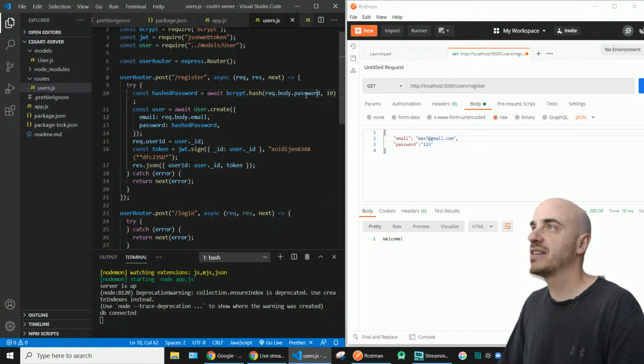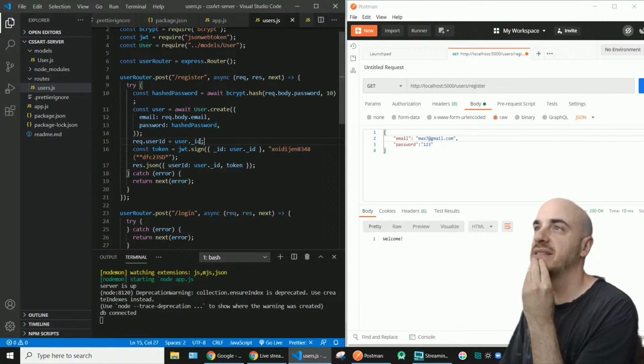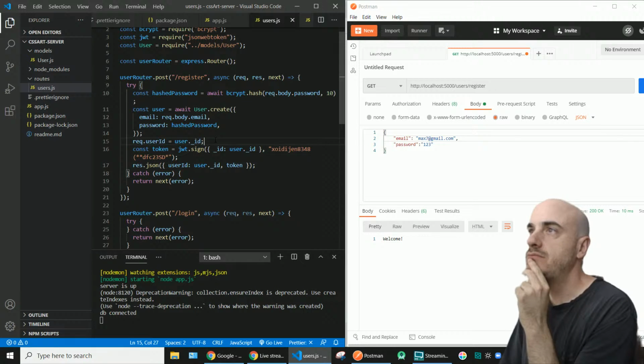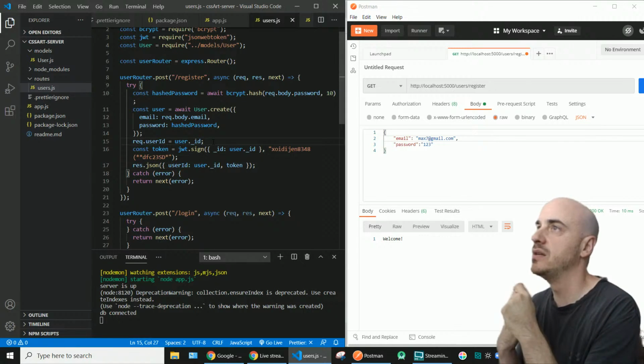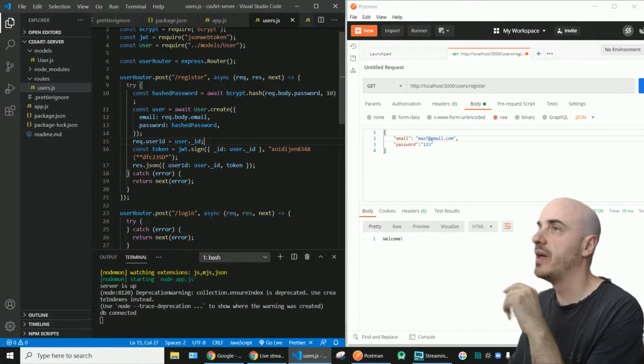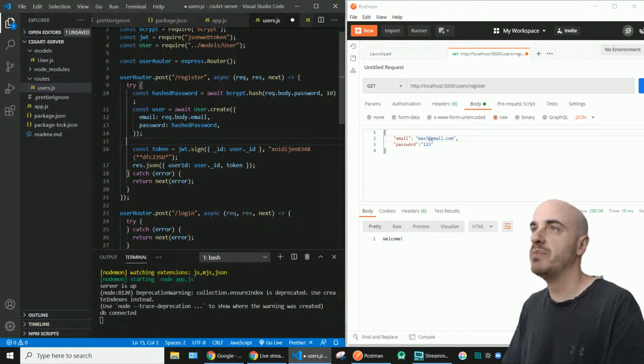It's going to hash the password, create the user in the database, set that req.user ID, which, thinking about this code more, I'm actually going to delete. I think I'm going to delete this line. I don't think it's necessary because we're going to have an authorization middleware eventually that's going to do that. So I don't think this is necessary at this step, but we might come back to